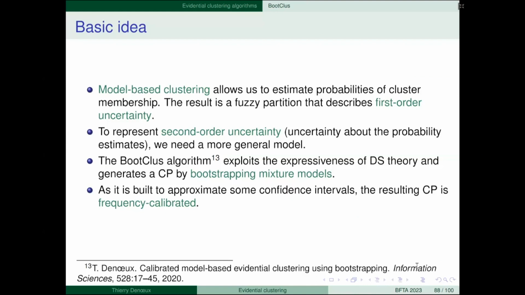The rationale is that when you sample from the data, you sample from the empirical distribution. And the empirical distribution is close to the true theoretical distribution when the sample size tends to infinity. So it's a very clever trick. It was invented by, I don't remember his name, Efron, some decades ago. And using the bootstrap, you can compute confidence intervals. So this is the idea.